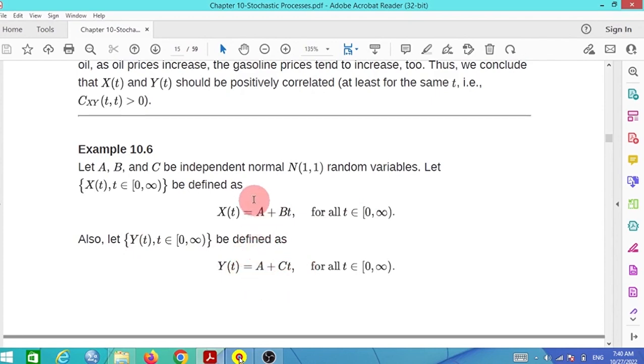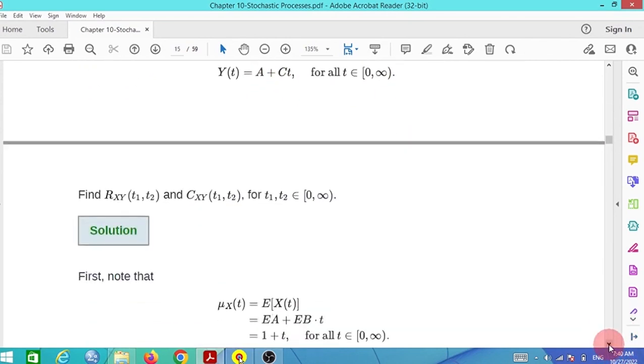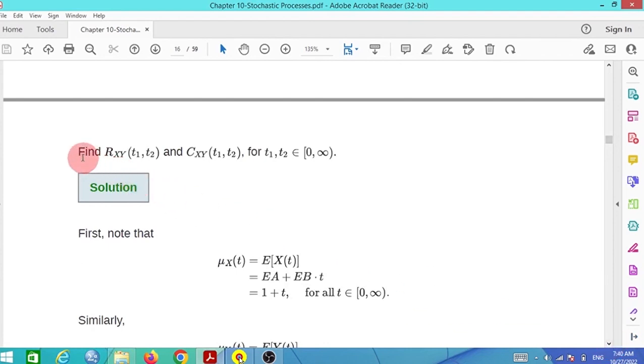A is the same, but B changed to C. We must find the correlation function and covariance function for t1 and t2. Solution: